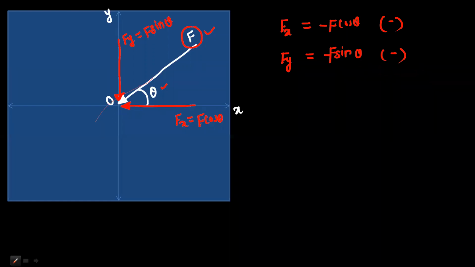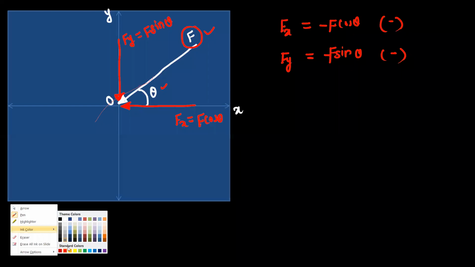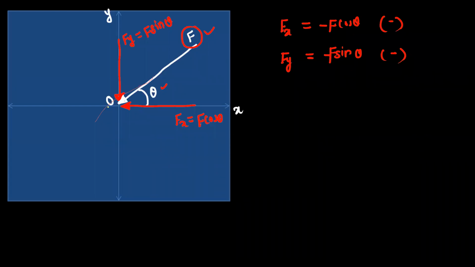As we know, force is a sliding vector, so we can extend the line of action like this. Okay, and on this line of action we can show the force in the third quadrant. So this is the f. Now this angle is theta, so this is the opposite angle, so this is theta, and now you can resolve the force in the third quadrant. So this is the x component and this is the y component.